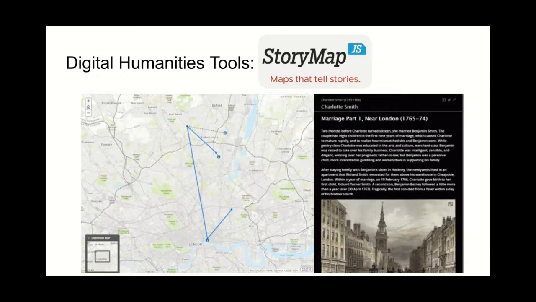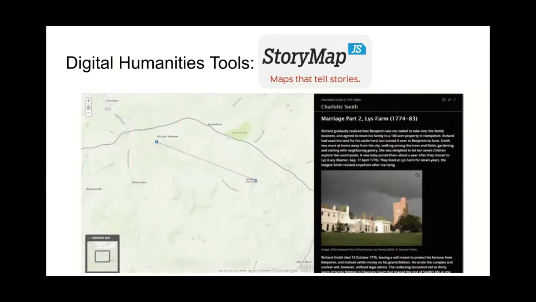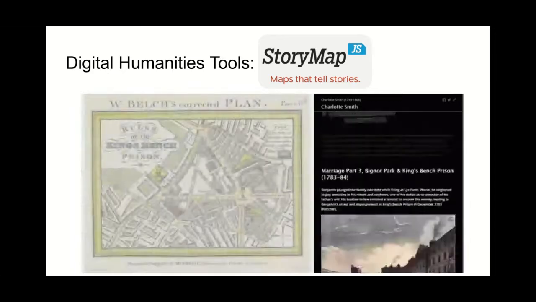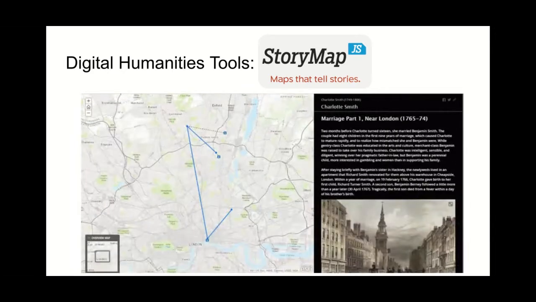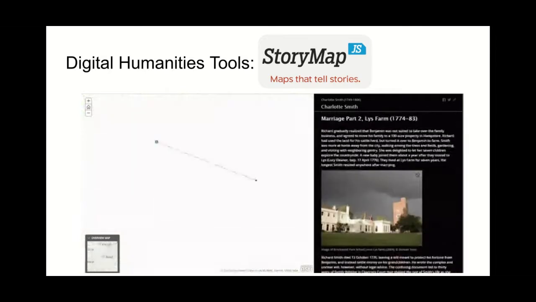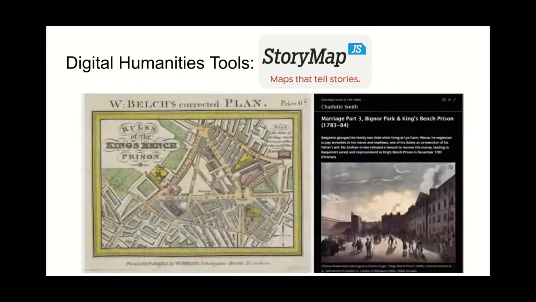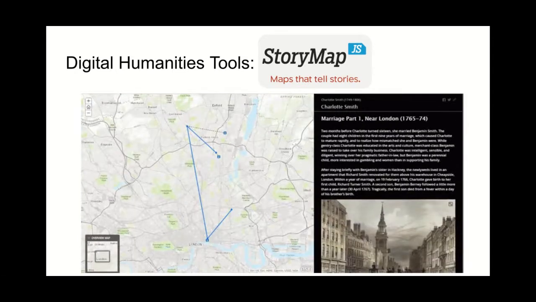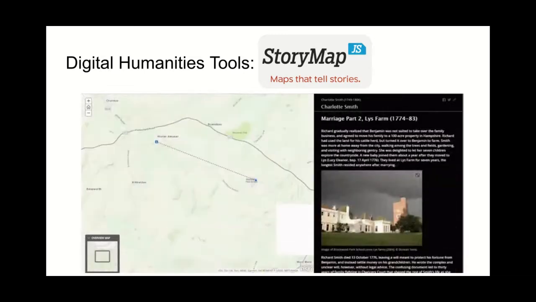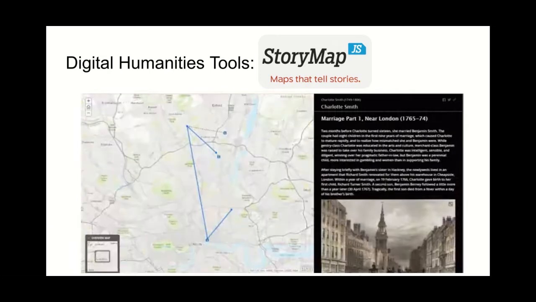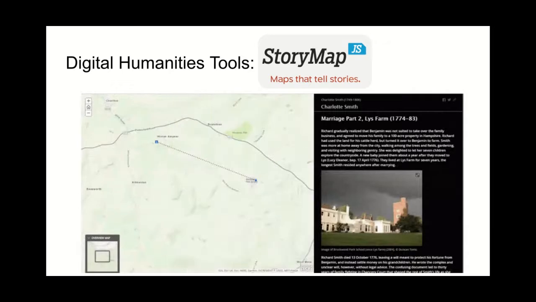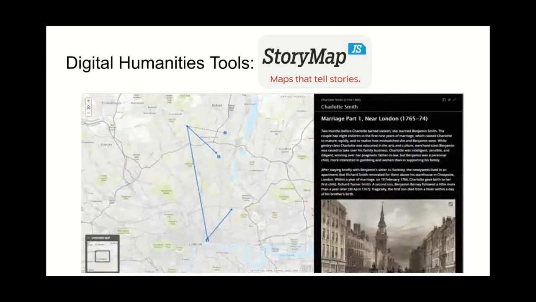So the first tool is called StoryMap.js. It's a free narrative mapping tool created by researchers at the Knight Lab Center at Northwestern University. StoryMap allows you to tie place to narrative in a really unique way. It's interactive, open source, and free, and easy to use, so there's no coding or heavy background technology skills that are needed. However, if you do have some of those background skills, there are some options for customization in terms of aesthetics and features. And so here I have a GIF of a story map in action.